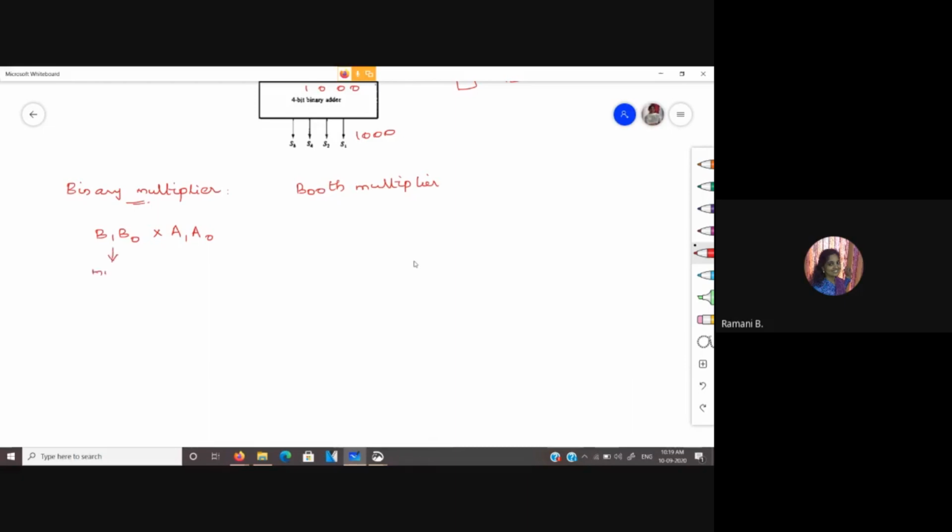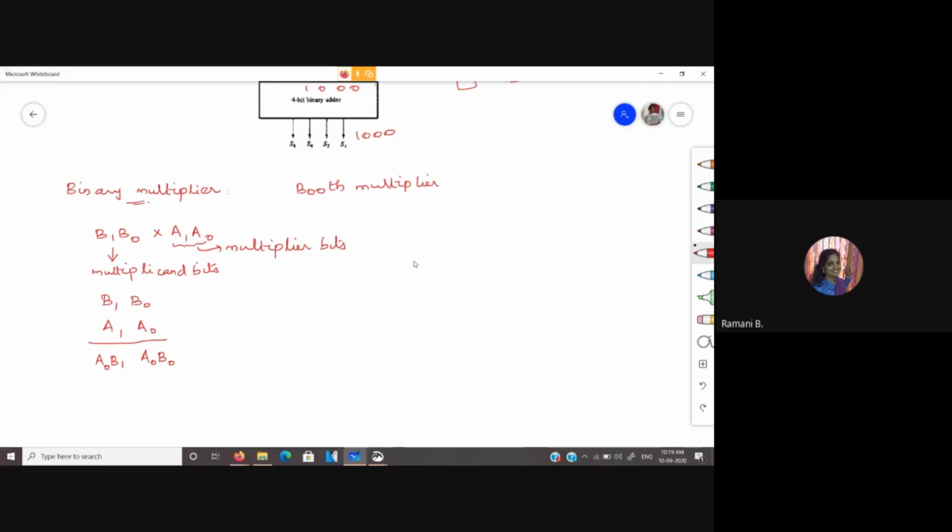This B1, B0, we call it as the multiplicand bits, and A1, A0, we call it as the multiplier bits. So generally, how do we do this multiplication? We will have the numbers written in this manner. Then we will multiply this A0 with B0 and B1. So you will be having A0, B0, A0, B1.